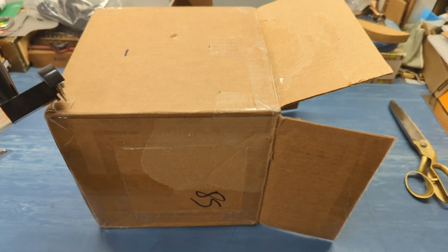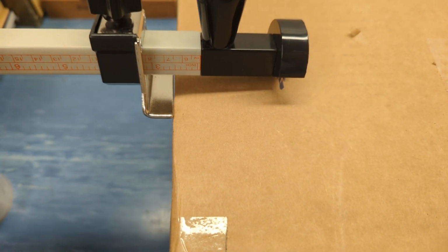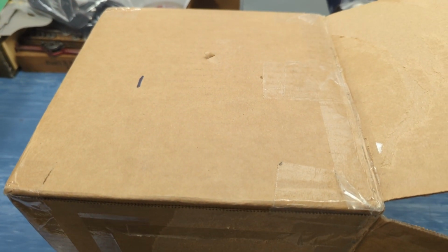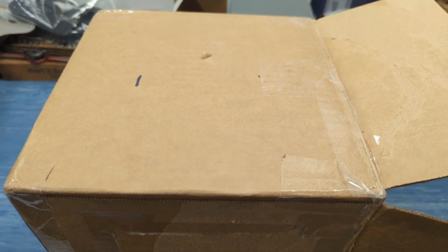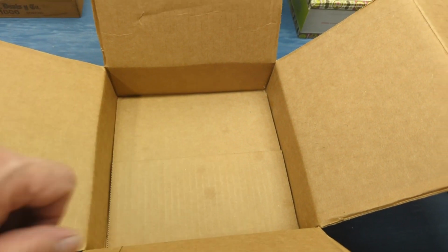All right, so I found a box. This was a box that one of my own auction lots came into. So I've marked the depth I need. This will be the bottom here. And I've set this type of a scoring tool up, so I'll be able to get a nice clean line all the way around. I'll fold it, cut the flaps, and because it's such a nice thick box, it should protect the plaque. They paid about $37 plus shipping for that plaque to New York, so we want to make sure it gets there. And you can see I reduced that box down pretty shallow,